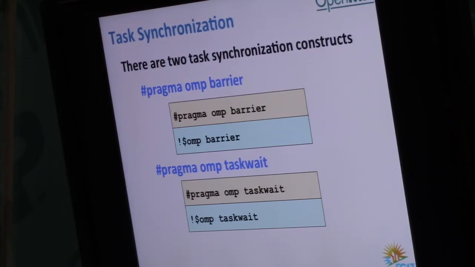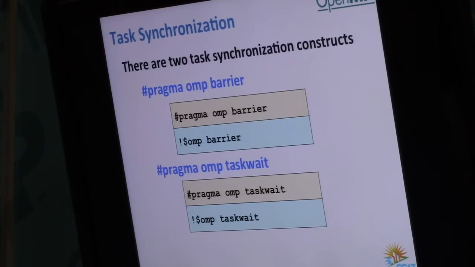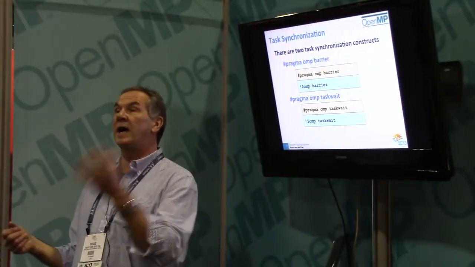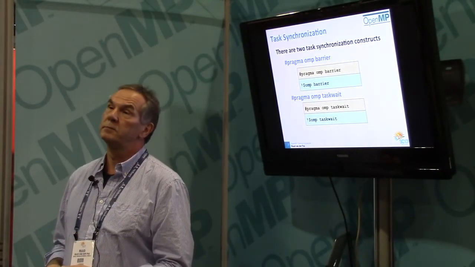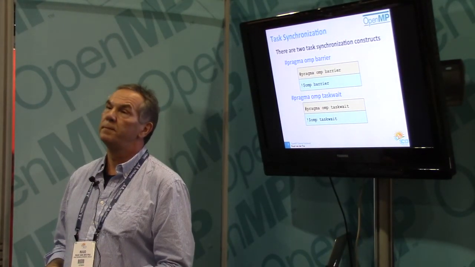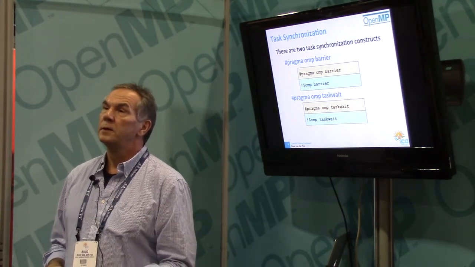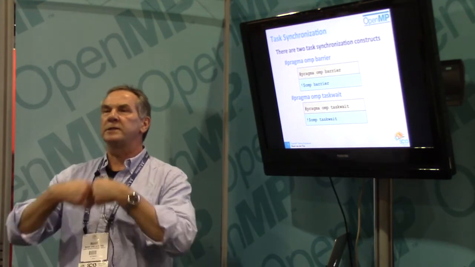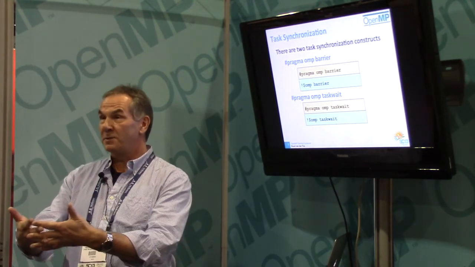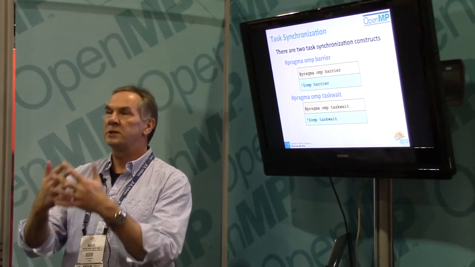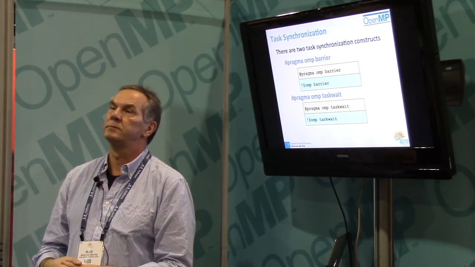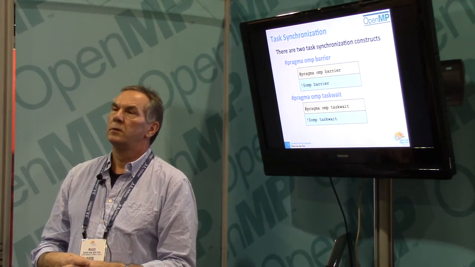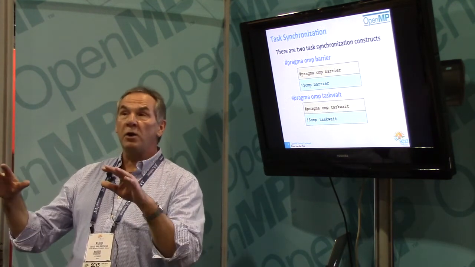What if it's inside of a section? As soon as you hit the barrier, the pending tasks will be completed. So the question is, how about the nested section? Yes, indeed. Whenever there's a barrier, tasks still pending will be executed, no matter where they are. All the tasks that were scheduled will be completed at that barrier.